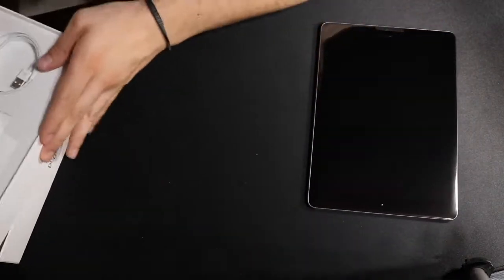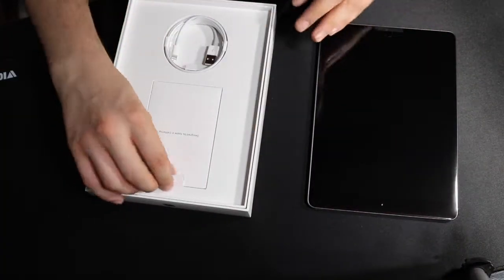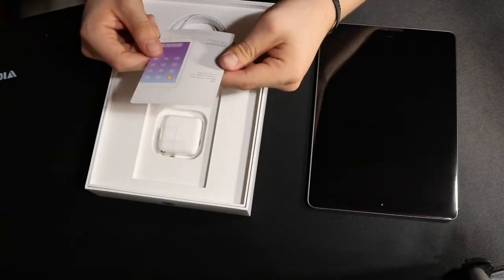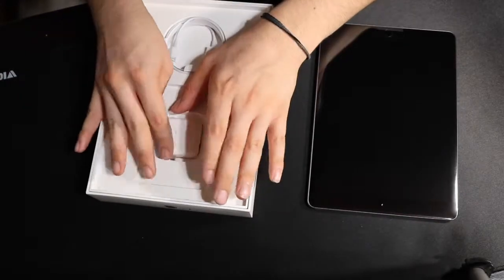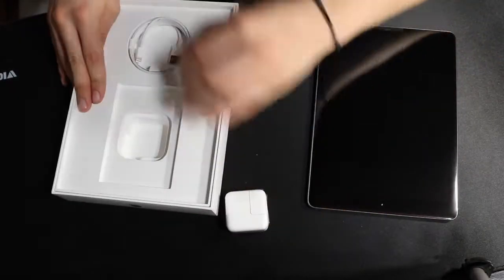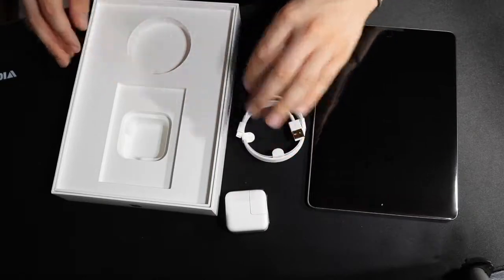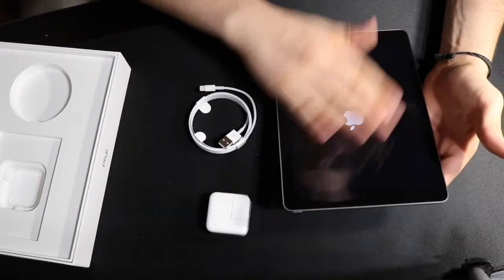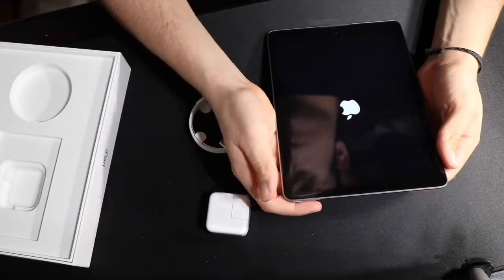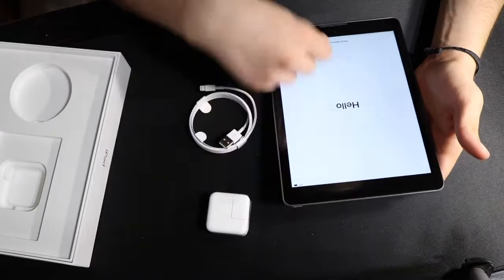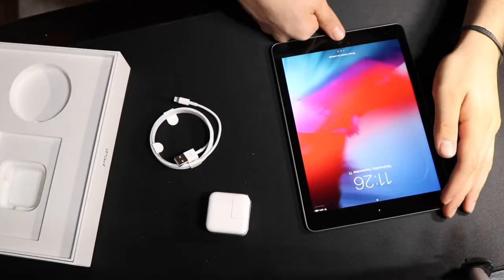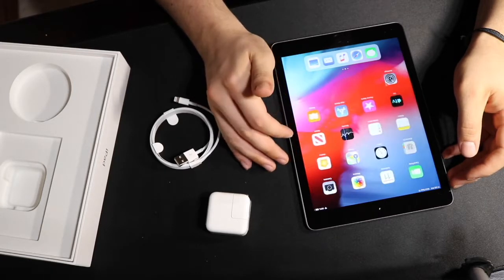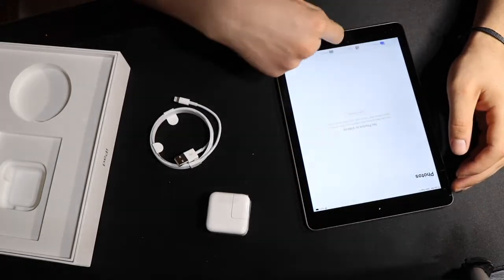Inside the box, it came with the standard stuff. A little pamphlet said I could use the Tips application if I wanted some tips on how to use my iPad. It came with a standard charger box and a standard charger cable, essentially everything that normally comes with it. I started it up because I wanted to see if there were any apps in it that were specific to a Full Sail University iPad. There was not. Not that I expected it, but yeah, the iPad. There you go.